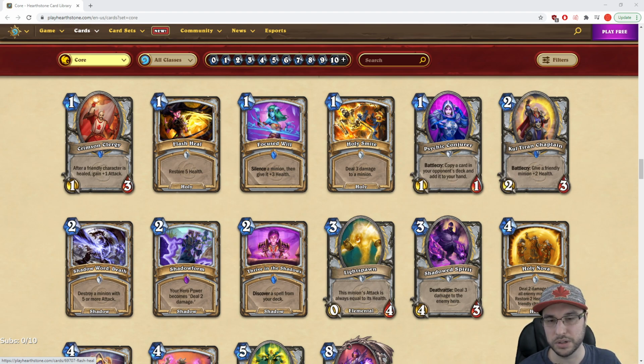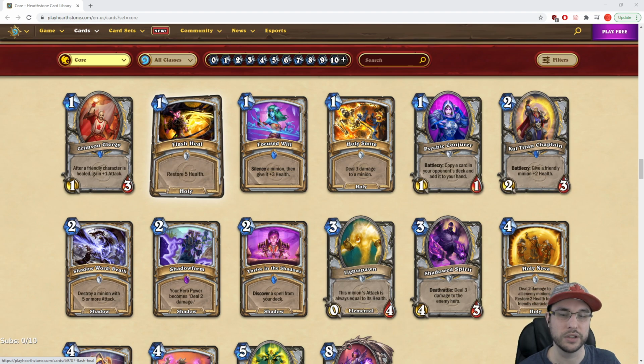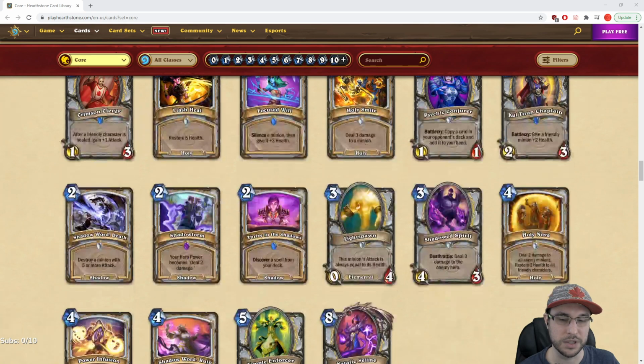Flash Heal coming back. This is a wild card, which is just 1 mana, restore 5 health, but this can be targeted, unlike Radiance, which only heals your hero. You can target other things with this. That also means if you had something that turned your